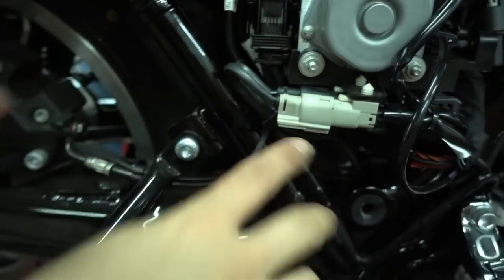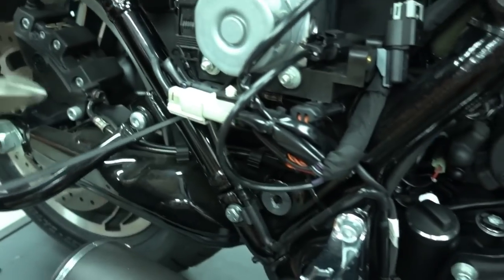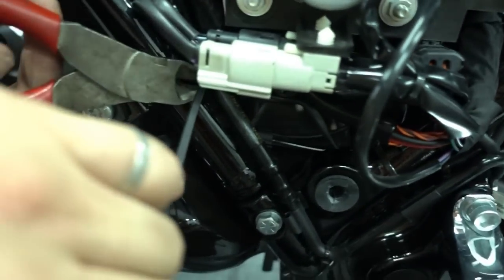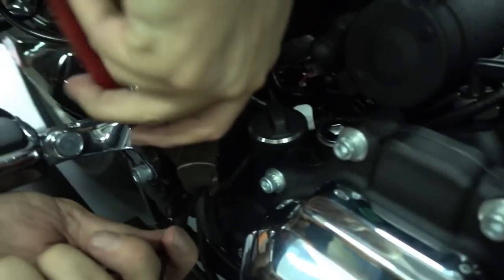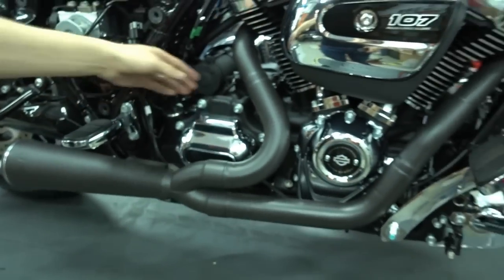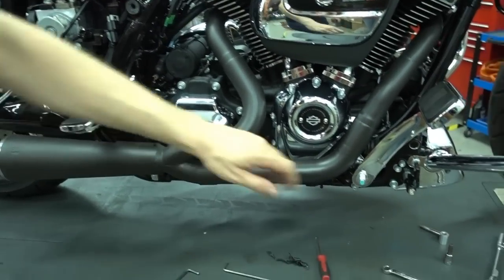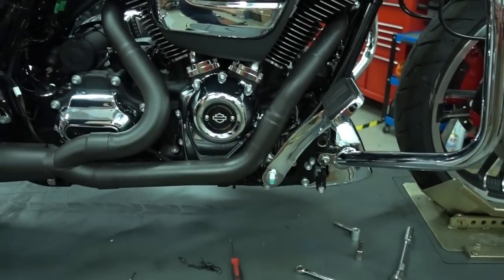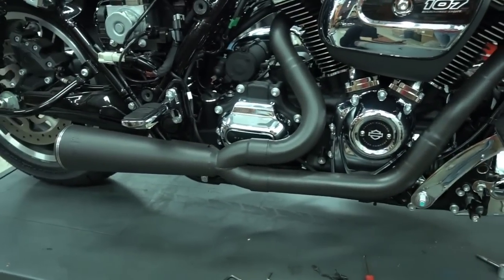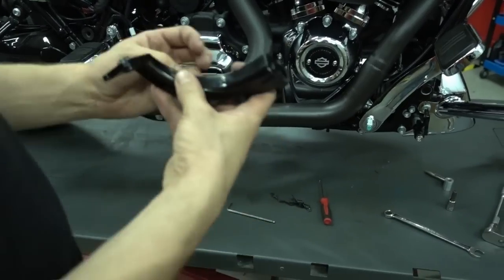Okay, so now you have to cut the excess material here. First one, second one, and it looks just like it looked before. It's very stock. What we have to do now is we have to remount the floorboard. So that was the floorboard mount which we removed earlier, and